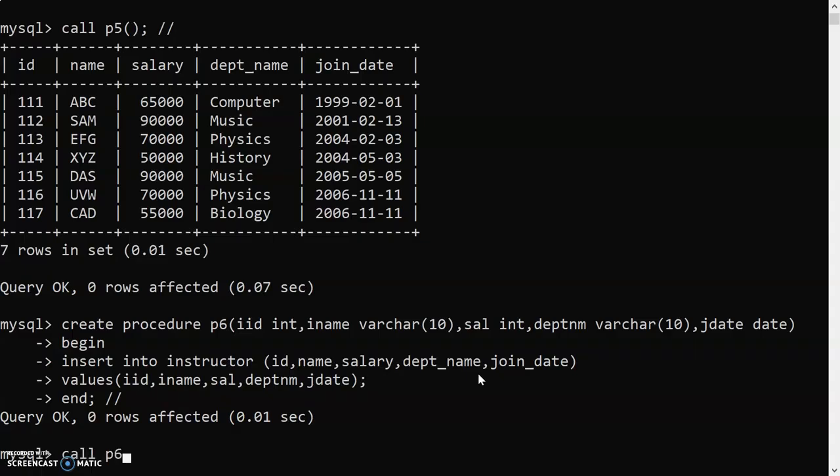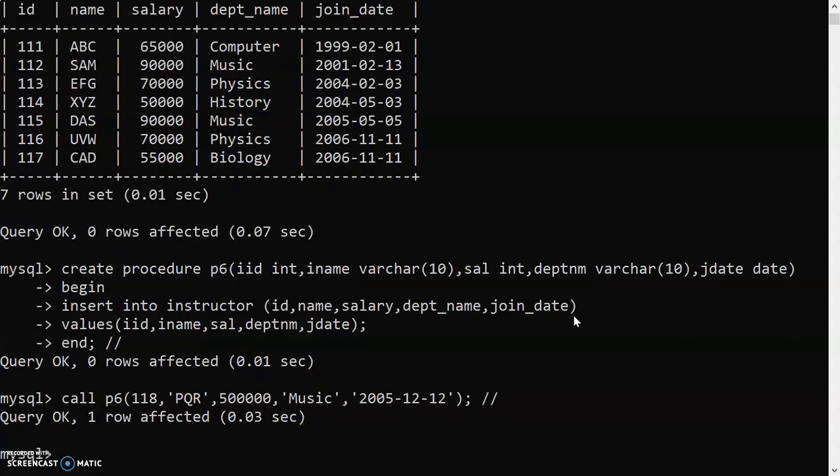Now I will call that procedure. Now here whenever we call that procedure, we need to pass parameters, because while creating the procedure we have taken parameters. All are in parameters. So here I will insert actual values. 118, then name PQR, then salary, then DPT name, join date. The format of the date is year, month and date. So here you can see call P6 and